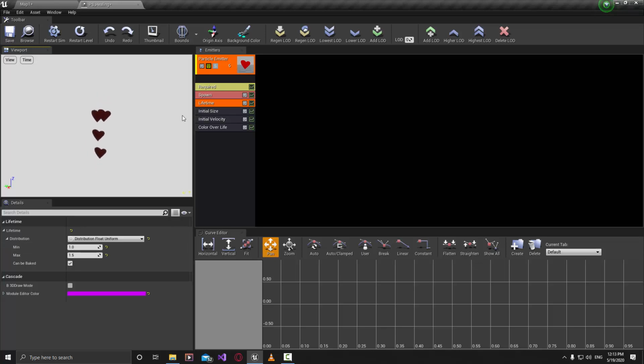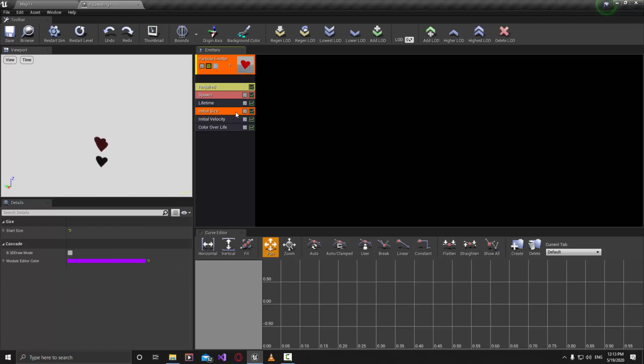Then you can always change the numbers in here, so that if I change it to 0.1, you can see that some of them are being created and then destroyed immediately. We don't want that. Just make it 1 and 1.5, it will be fine. And then in the initial size,